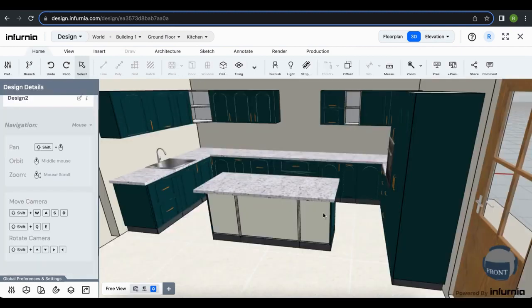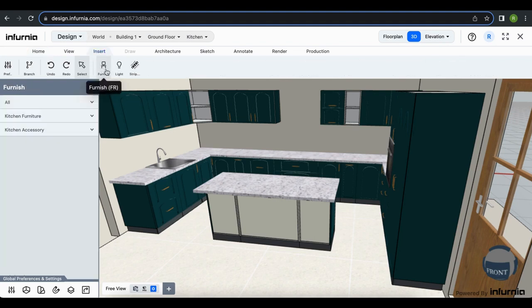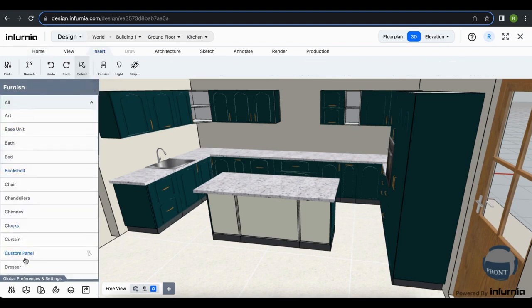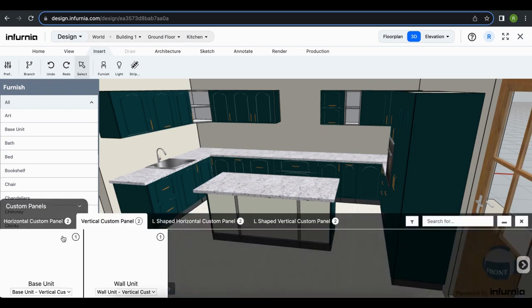Now as you can see, for this breakfast counter, the back side is not finished, and I want to add an additional panel here. I do not want to change the finish of the back panel to an exposed panel, but I want to add a complete panel here properly. So what I'll do is insert, go to furnish, and go into all, wherein I have a custom panel option as well, and herein I have horizontal custom panels and vertical custom panels. So I will go ahead and select a vertical